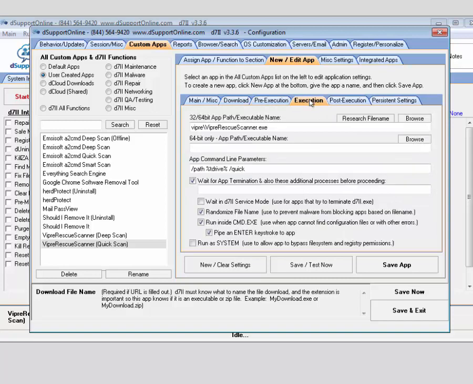No pre-execution settings. And then you can see we have our VipreRescueScanner.exe running, and here you can see the targeted path parameter that we've added with our custom DMZ app, and then the quick parameter. You'll notice that we do randomize the file name, so if any malware or virus is trying to block it, it'll have a random file name, so it won't be able to be blocked by the file name running. And also we have to run it in a CMD, and the reason for that is